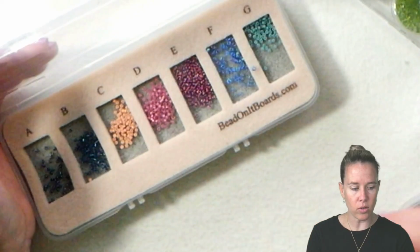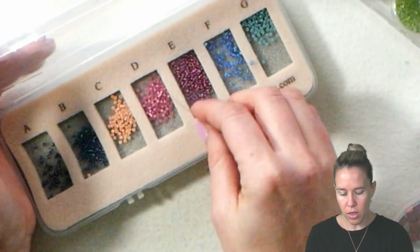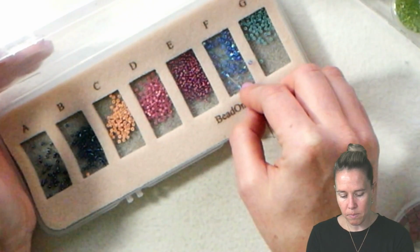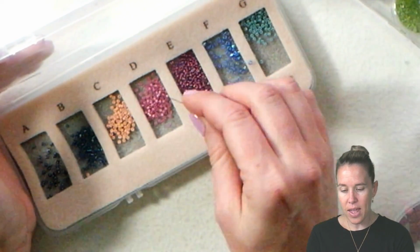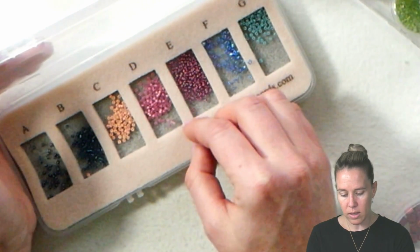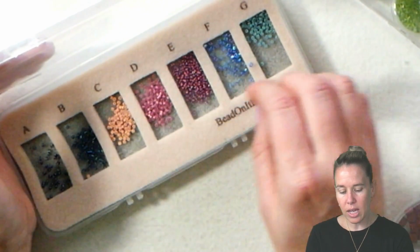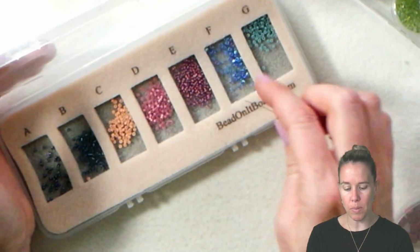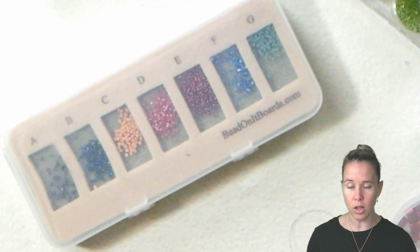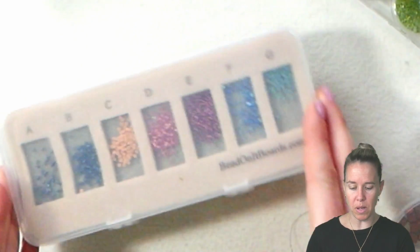G. So if you have a pattern that you're working on, you can take your needle and thread and you can pick up a couple here of F, and then add that to your project. Then likewise go through and add D to that as well. So you can keep track of your colors that are in your patterns and close this up so the cat doesn't get it and mix all your colors up, and it's ready to move to your bead mat for the